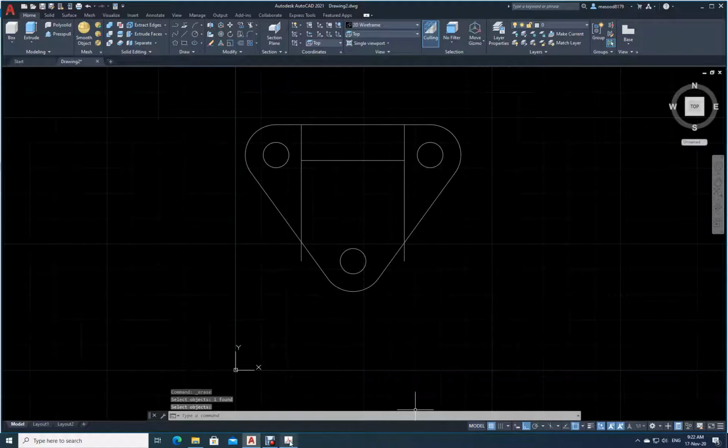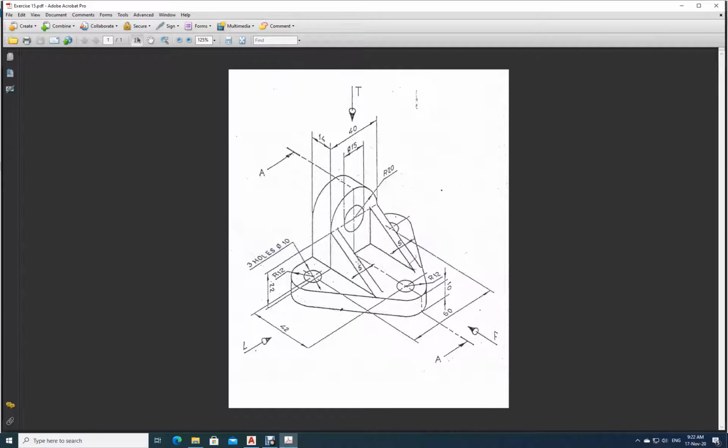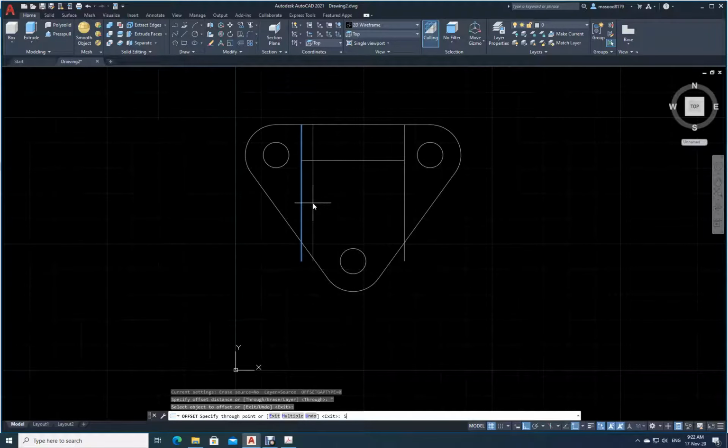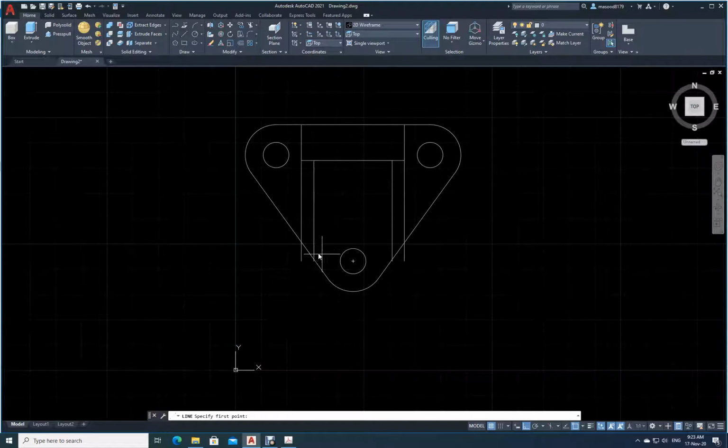Now what else do I need? I need these ribs. So what is the thickness of the ribs? This is 5, right? So I will just go back and again I will say offset. I will use the through command, okay? Through, I will select this one, come this side, how much? 5. Select this one, come this side, 5, okay? So now I have done this one, escape. Now do I need this portion? No. So I will just delete it by trimming it out. So this is gone, I don't need it. Enter. Now what else do I need? I need to draw a line. Draw a line from this point.